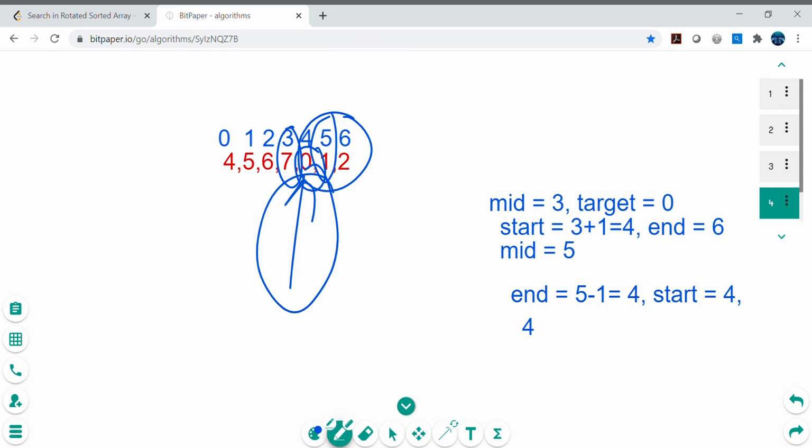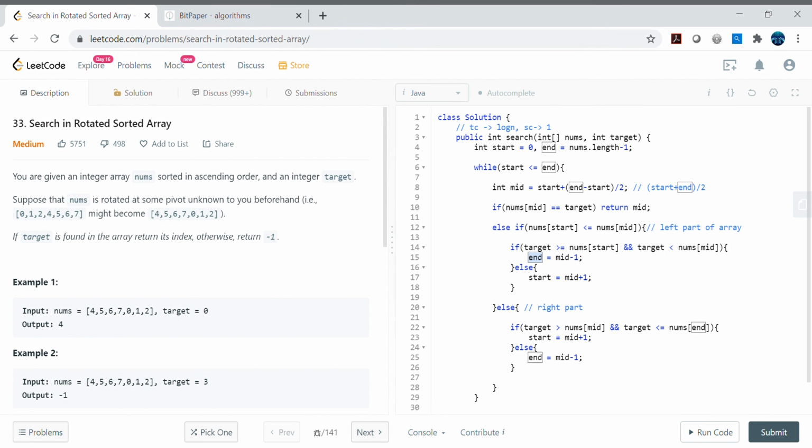So I was saying this was the dry run, but we need to conceptualize, we need to first understand. So just a quick summary before ending this video. This is the sorted array, so we should not get confused. Even if it is rotated at some pivot point, we should take a step back and think about what we would do in a sorted array, right? So the very first thing that comes to mind is binary search. Even if it is rotated at some pivot point, we can still apply binary search.